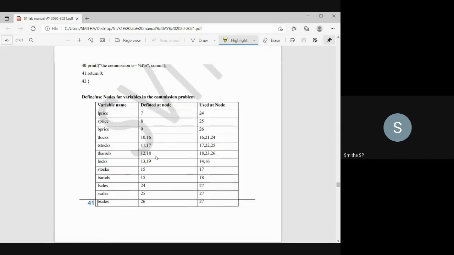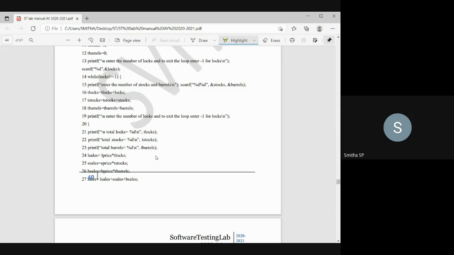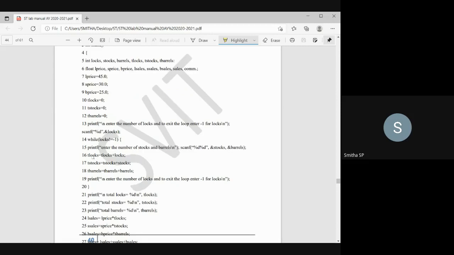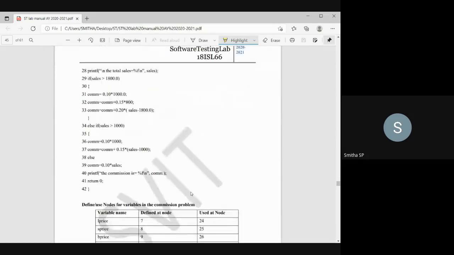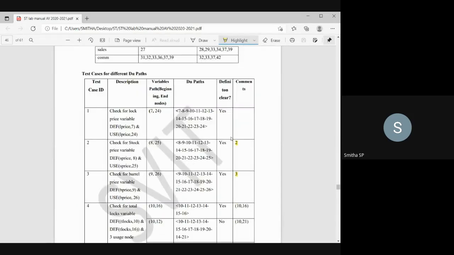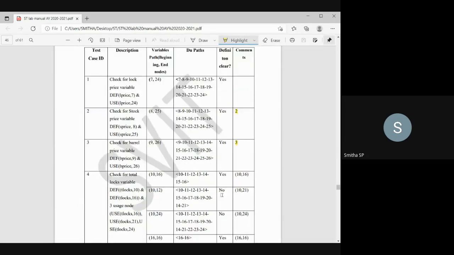So the definition happens two times here, and in the definition clear column you have to write no. For this sequence the definition clear is no, and in the comment section they have written the path, that is, the beginning node and the ending node.